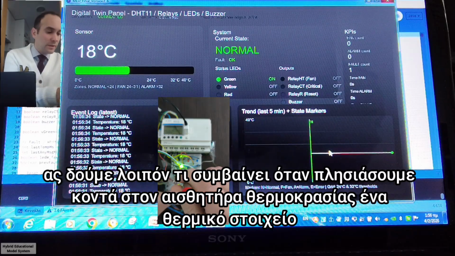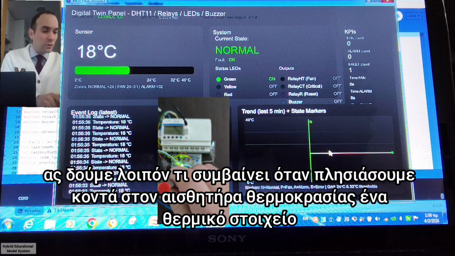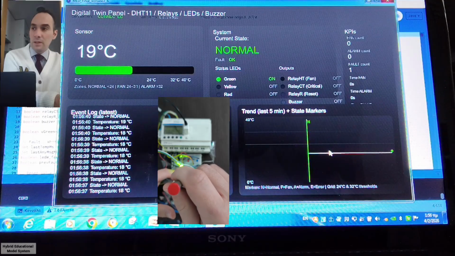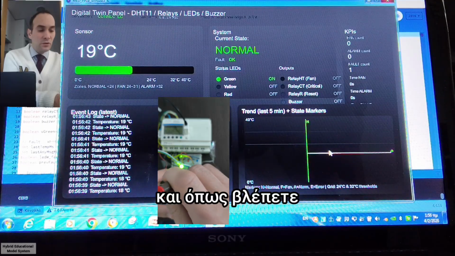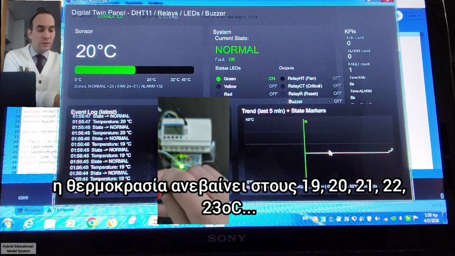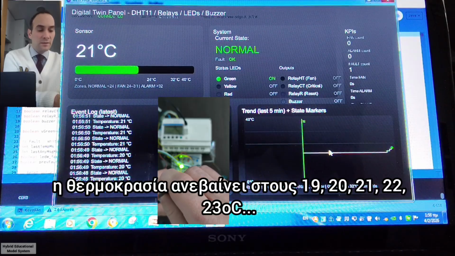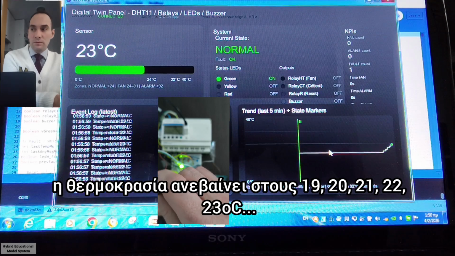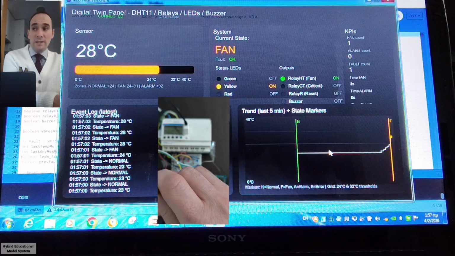So we put something warm close to our sensor, and you can see that the temperature goes 19, 20 degrees, 21, 22, 23, 28.